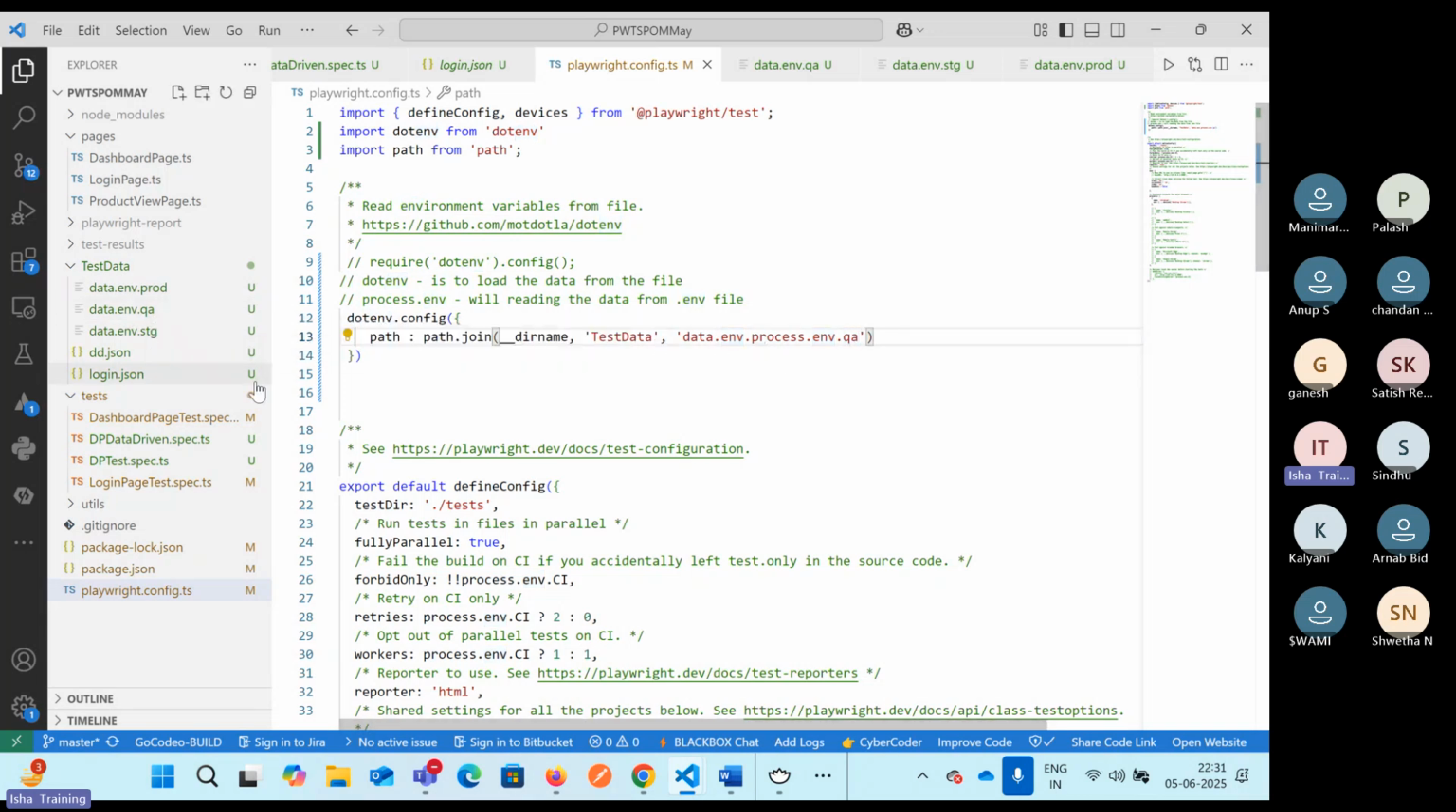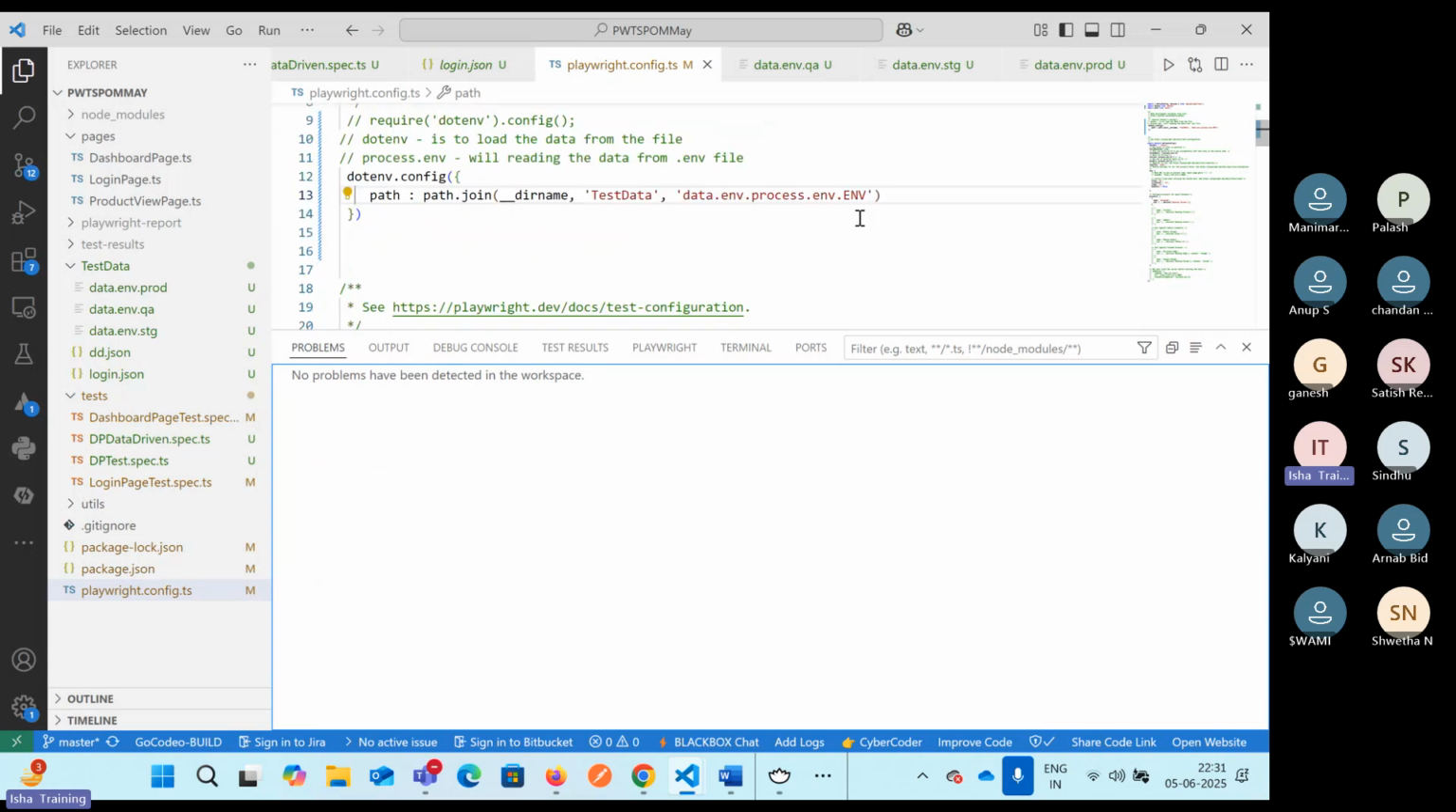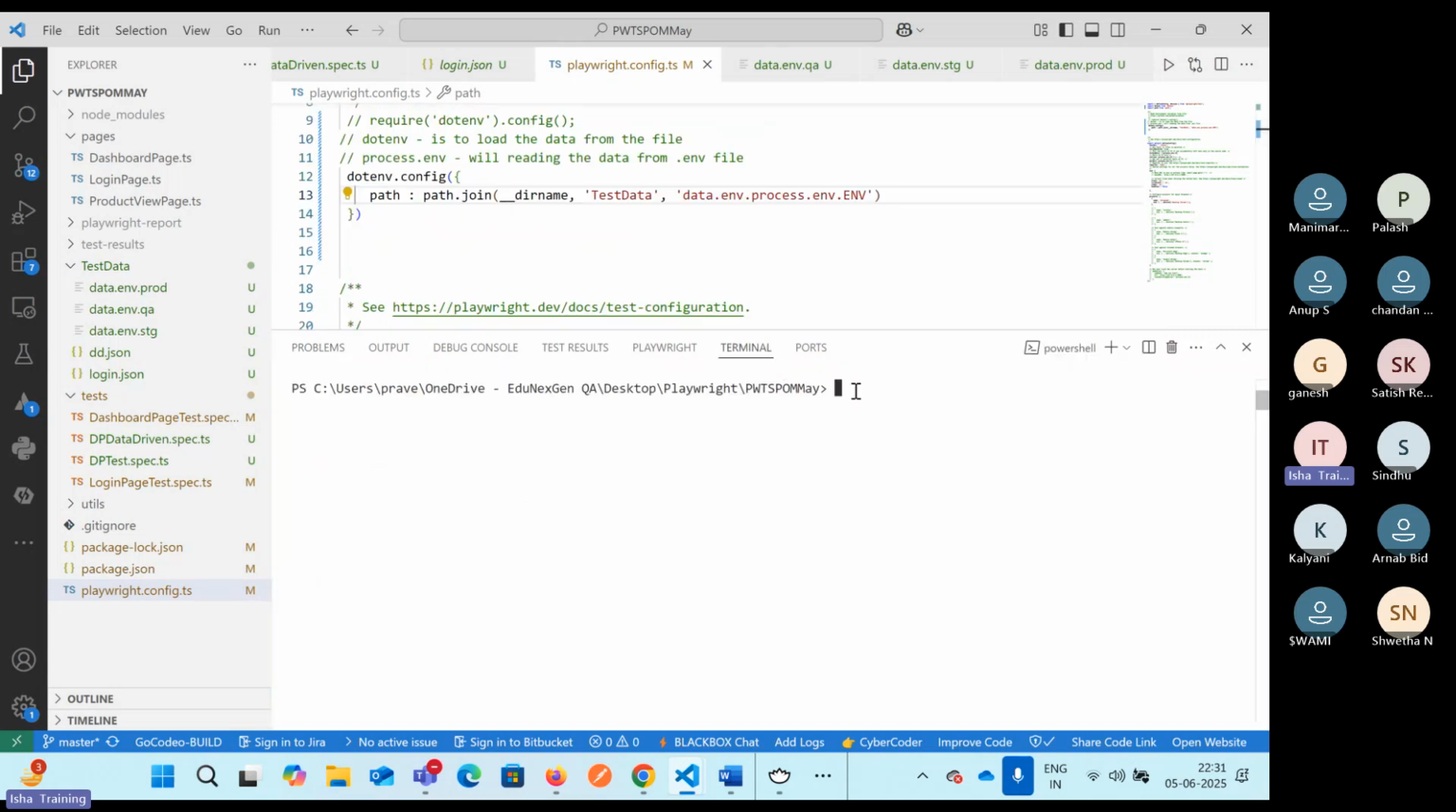When you say it as staging, then it will go and take this file from here. When you say it as prod, then it will go inside this and take the data from here. So that is the variable that we are trying to take over here. Now this variable, as a part of env, that we are trying to take, and this variable, whenever you try